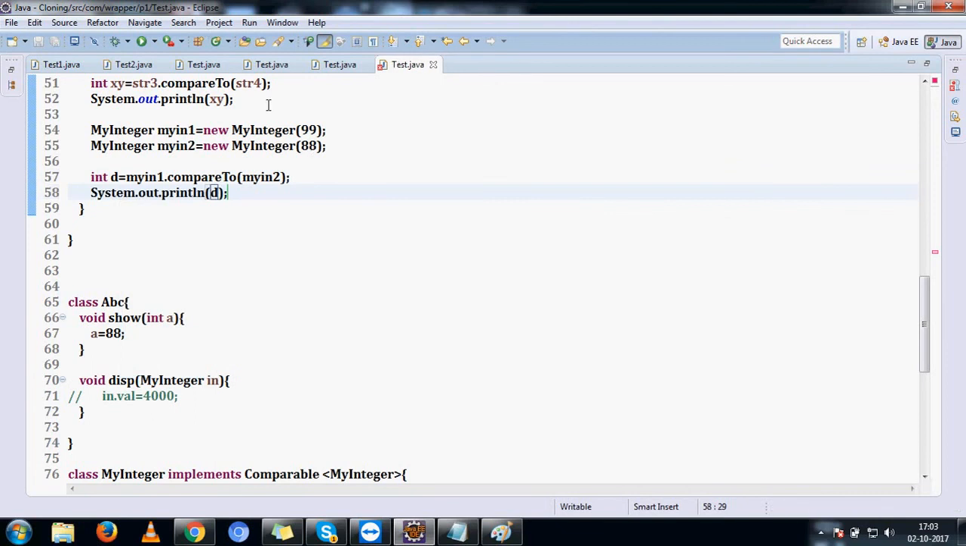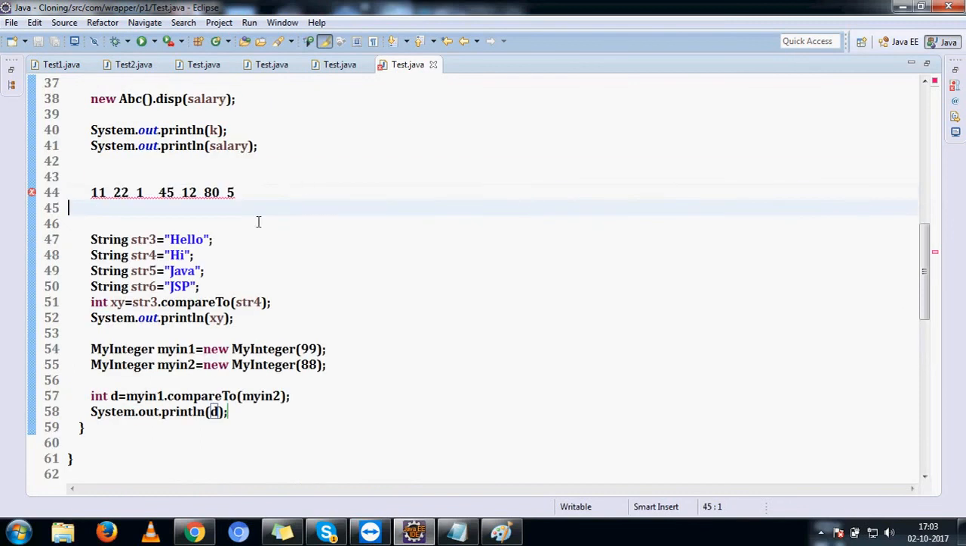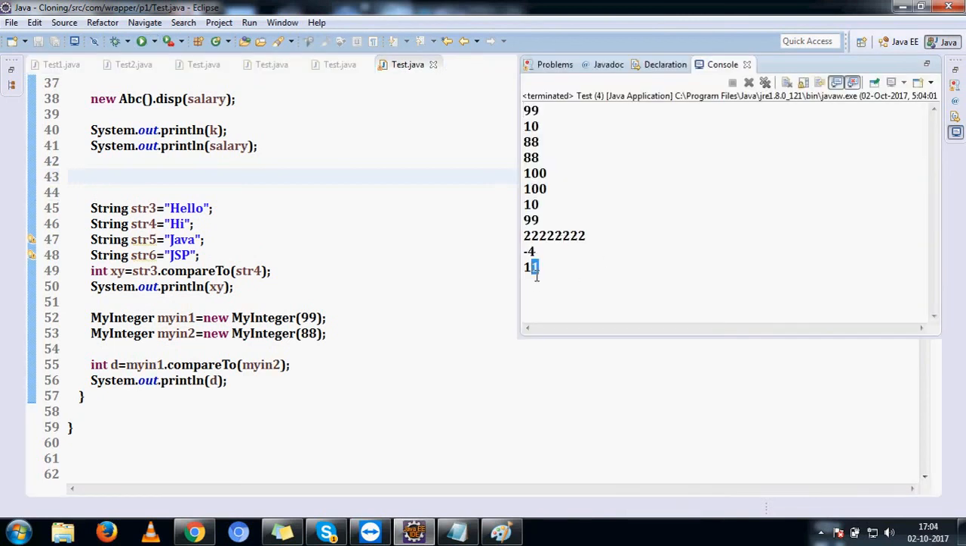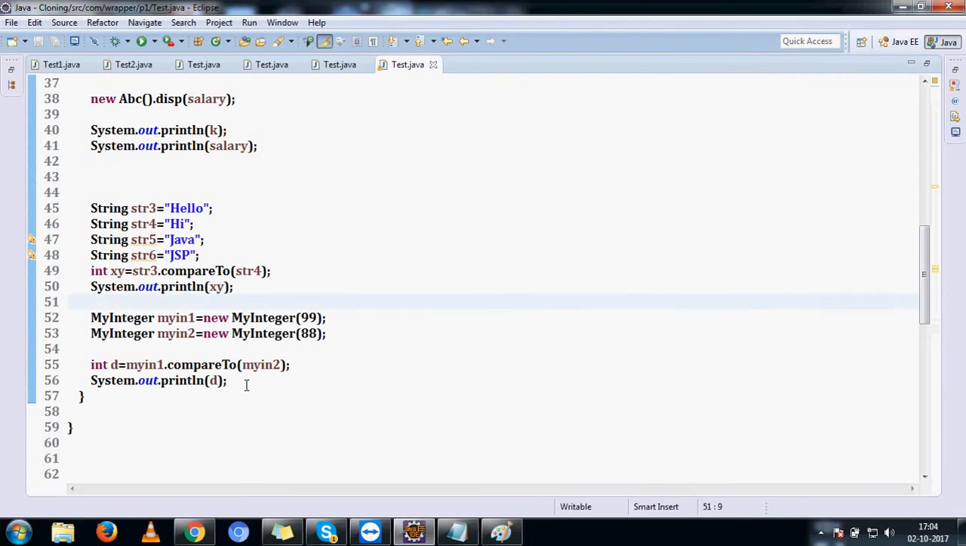Where is the error? Okay, this line I have to run it. It is 11. Difference is 11. D is 11. 99 and 88. Difference is 11. Now assume you have this is one object, another object, some 100 objects are there of my